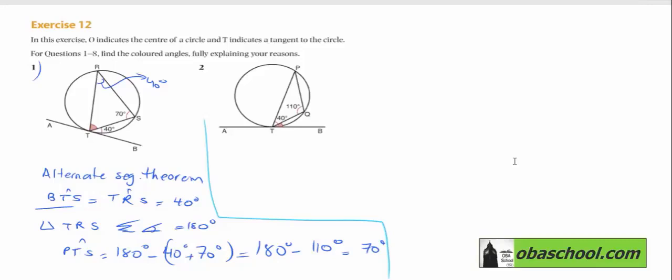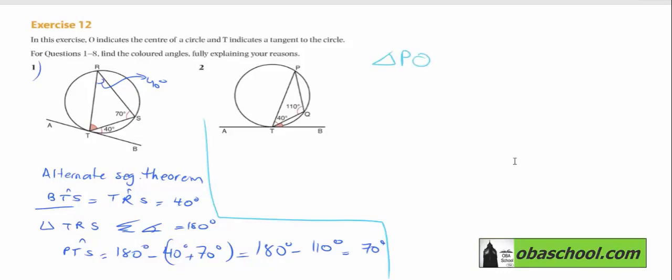In this tutorial, we will be solving question number 2. We need to find the measurement of the angle QTB. Now, in such case, it is a different example from question number 1. Since in number 1, we did not have the measurement of the angle inside the triangle. In question number 2, we do have it, and we need to find the measurement of the angle that is